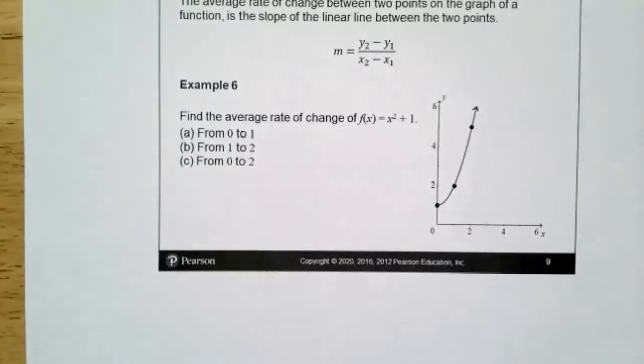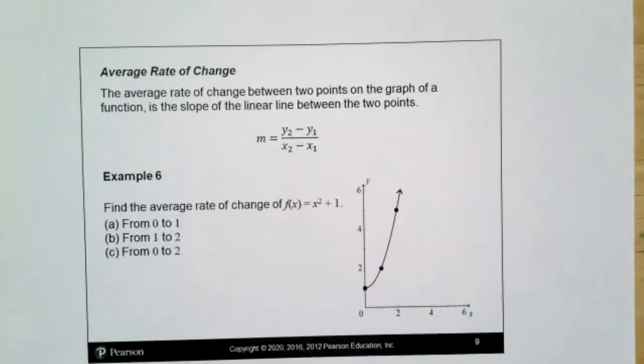Good. Last thing. Oh, we might have time. All right, average rate of change. The average rate of change between 2 points on the graph of a function is the slope of the linear line between those 2 points. So you're trying to find the average. We know it's not the exact